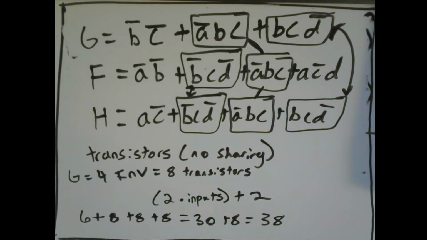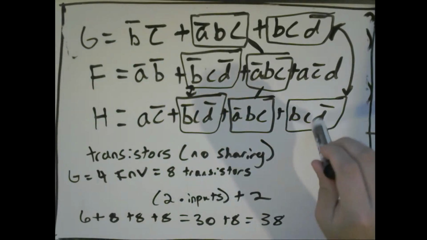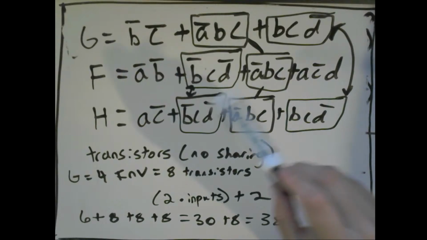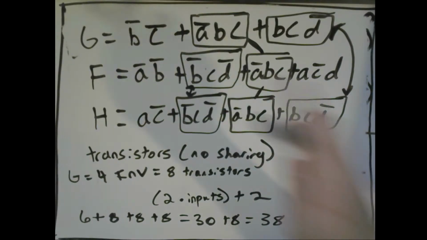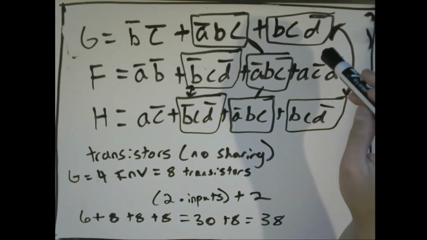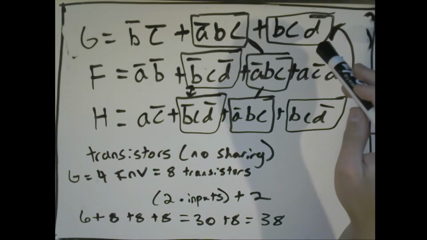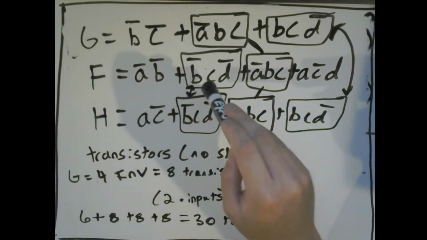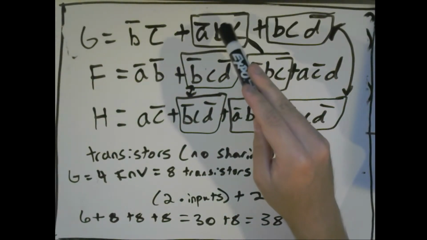So if this is the correct equation, you go through all of these and count up how many you have. But I think what's been consistent throughout the years is the sharing, right? So when you calculate all these transistors, you calculate G first, and then any occurrence of this literal or this literal that occurs in F, we don't have to account for anymore since it's already accounted for